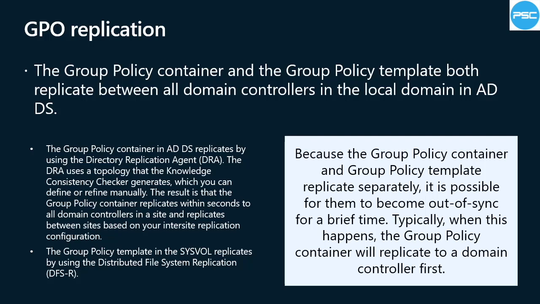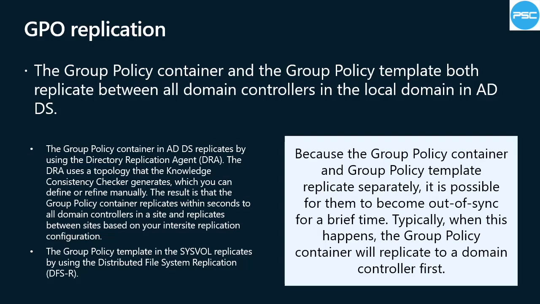Those systems will then attempt to download the group policy template, and they'll notice that the version numbers are not the same. A policy processing error will be recorded in the event logs. If the reverse happens and the GPO replicates to a domain controller before the group policy container, clients that obtain their ordered list of GPOs from that domain controller won't be notified of the new GPO until the group policy